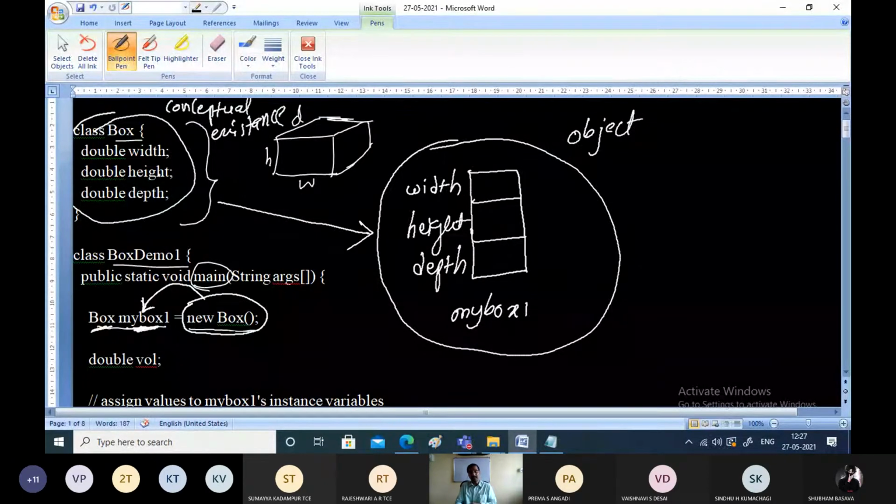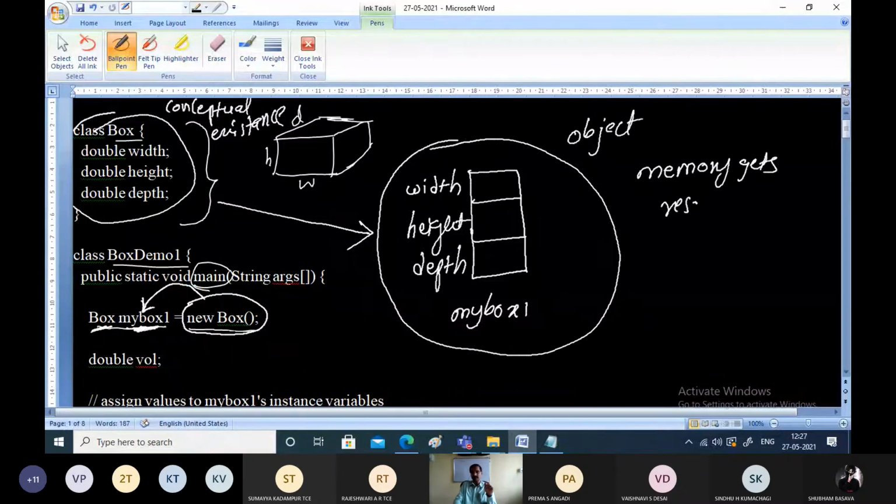That means no memory will be reserved for the class, but memory will be reserved only when we declare the objects. So for the object, memory gets reserved. This is the impact of the very first line that we have seen now.